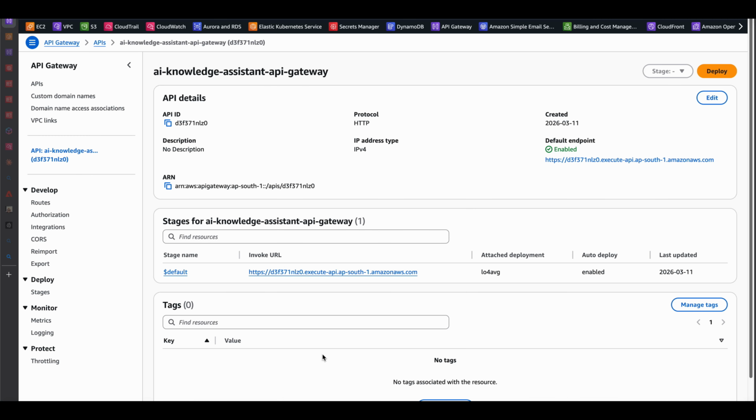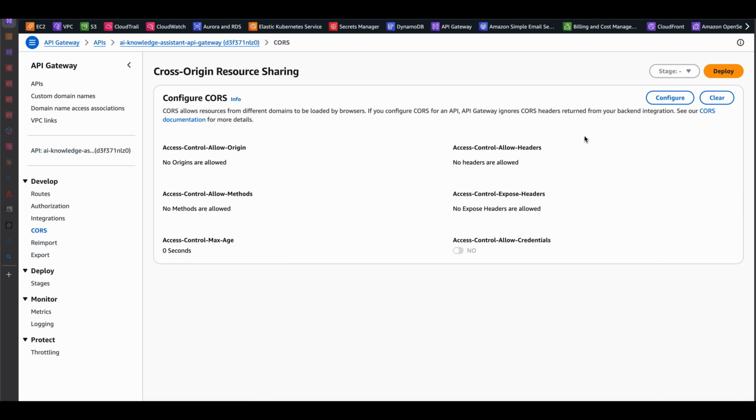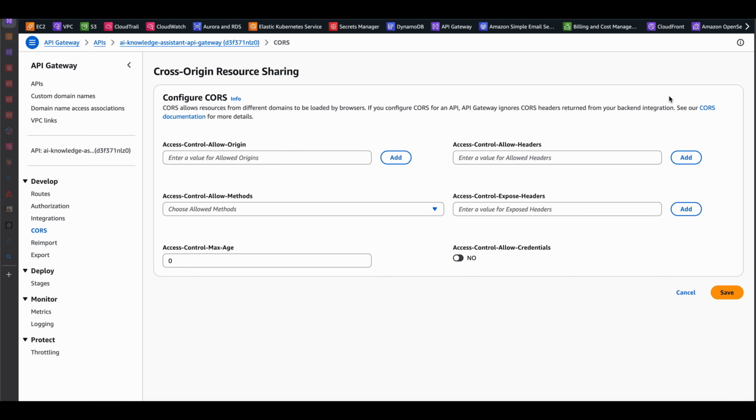In the API gateway console, go to the CORS tab on the left hand side, click configure, and here you need to give the allowed origins. In this case, it will be the URL of our front end, that is the deployed URL of our front end. So in another tab, we go to our CloudFront console,